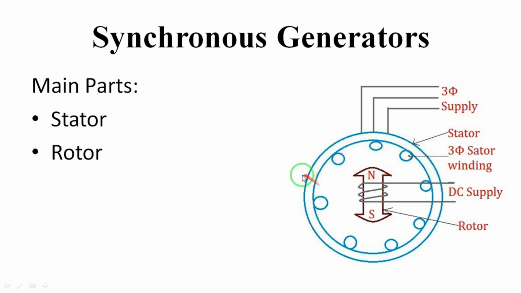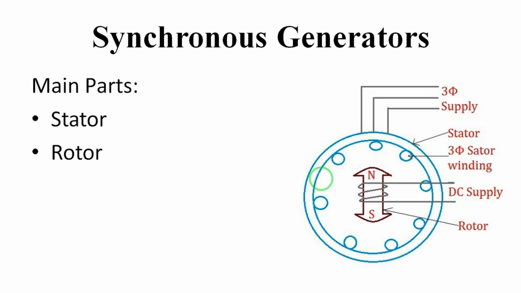So the stator mainly consists of two parts: the iron core and the armature winding. The iron core is built up of laminated steel sheets, and the armature winding is made of copper. This copper winding is constructed in the slots. Can you understand? I think you can. Next, in this core, the laminated sheets are separated by a varnish coating or paper. So this is all about the stator.